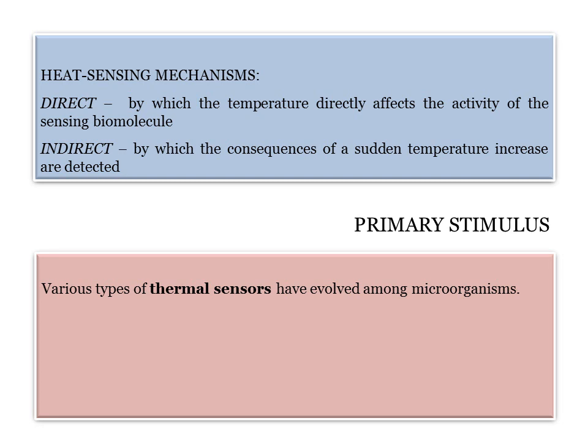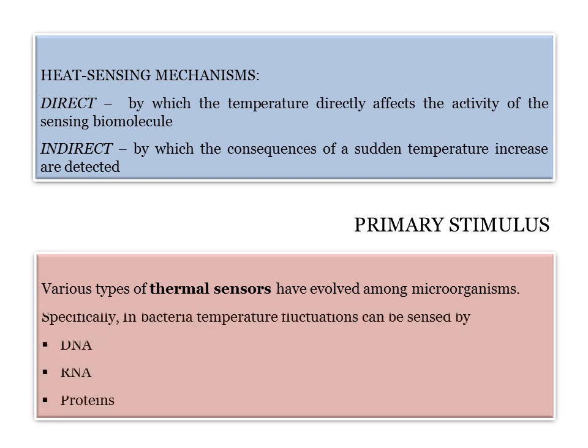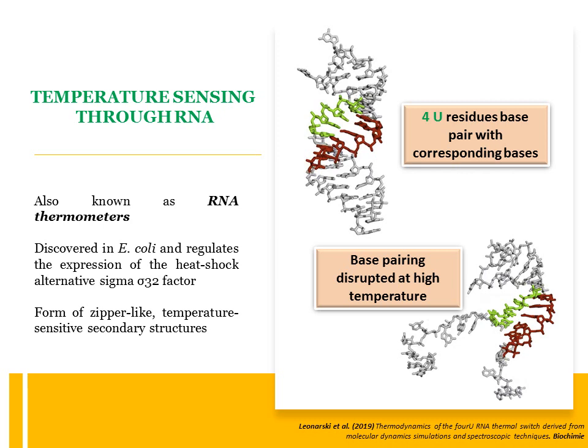So taking temperature as a primary stimulus, the microbes, plants and animals have certain thermal sensors, and these can be DNA, RNA as well as proteins. Now talking of RNA acting as sensors is a very common phenomenon in microbes, and these structures are then called RNA thermometers. So they were first discovered in E. coli, and most of the studies have been done in response to expression of sigma 32 factors, that's a heat